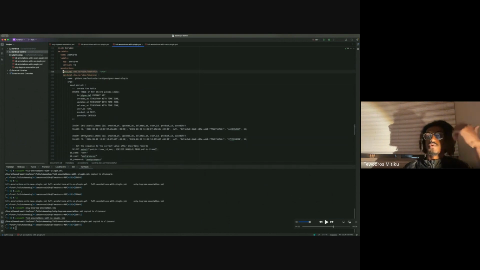But then here's where the really interesting thing comes in, which is we added two annotations. One to the Postgres service, to indicate, hey, this is actually a stateful service, so we're going to maybe want to duplicate this for some flows that we're creating. And two, when we actually do have a flow that relies on this Postgres service, let's leverage this plugin.